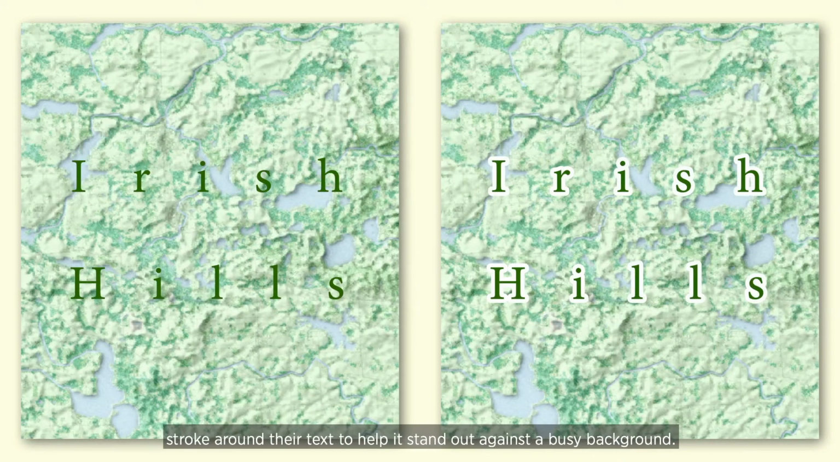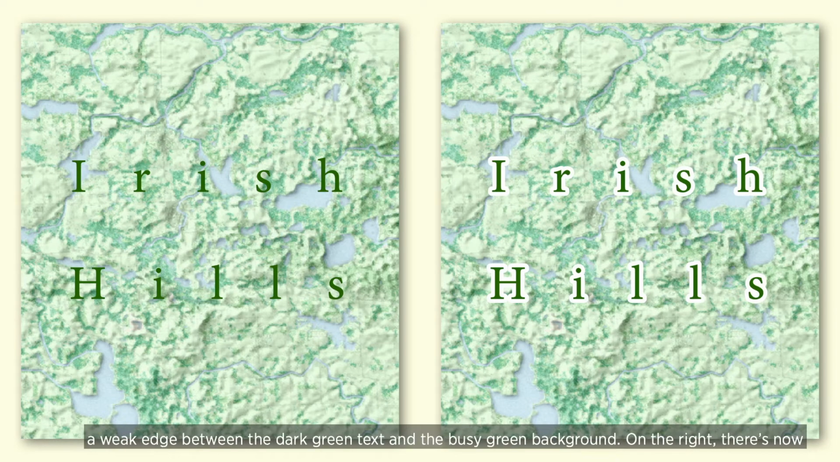Sometimes people put a stroke around their text to help it stand out against a busy background. Notice that the text on the right is easier to read. Here I haven't really enhanced the old edge though, so much as I've replaced it with a new one entirely. On the left, there's a weak edge between the dark green text and the busy green background. On the right, there's now a strong edge between the green text and the white stroke around the text. And then there's another strong-ish edge between the halo and the background. So we've effectively doubled the number of edges and strengthened them, meaning that the shapes of the letters are much